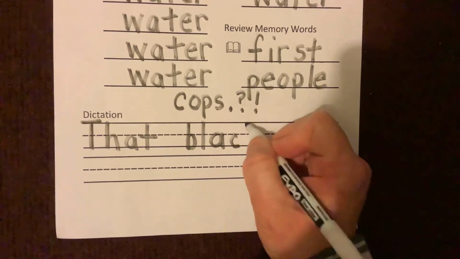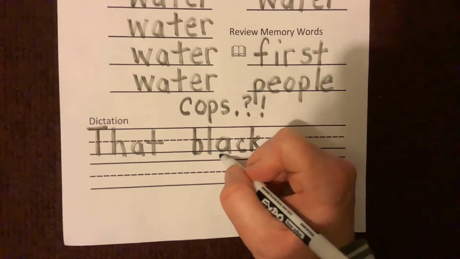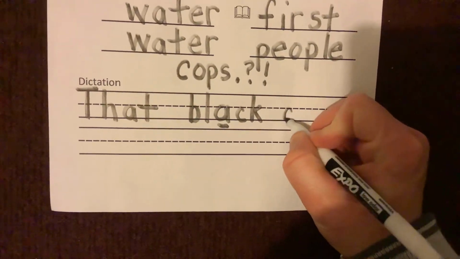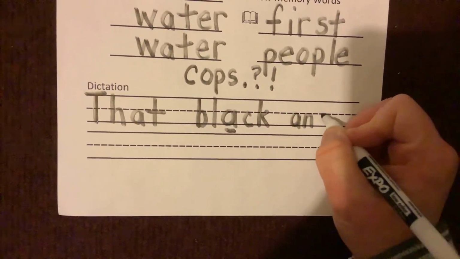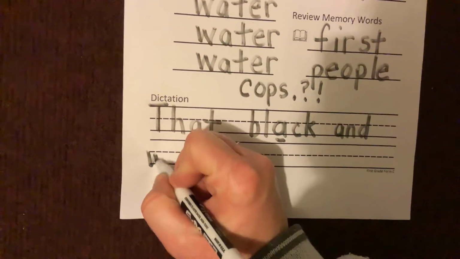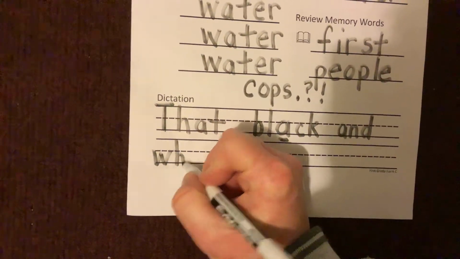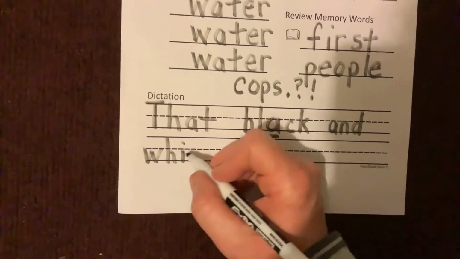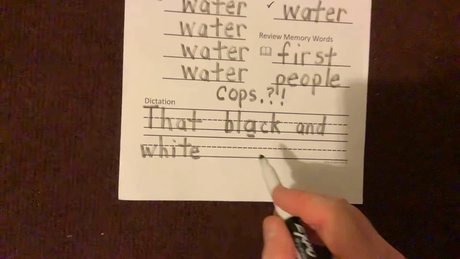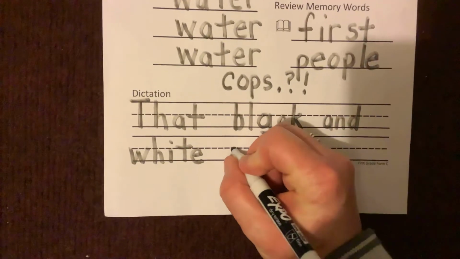K is spelled C K. Our short vowel says a. That black and white. Ooh, that color word white starts like whistle. How do we get the I sound? I consonant E. That black and white cat